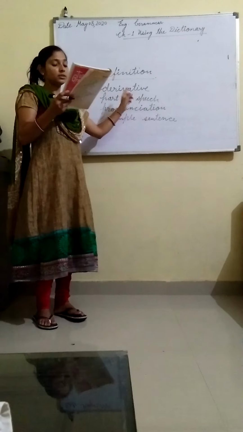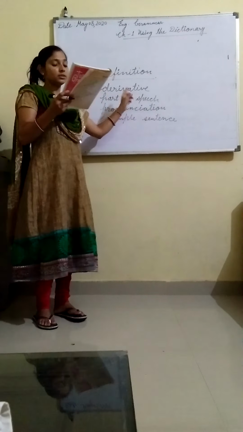So how will you look in a dictionary? Firstly, everybody knows that there are 26 alphabets in English. How many alphabets, students? 26. And they have a systematic way. What way do they follow? For example, A, B, C, D. You get that system for all alphabets. So which word comes first? For example, apple. When you learn, the first word that comes out is apple.